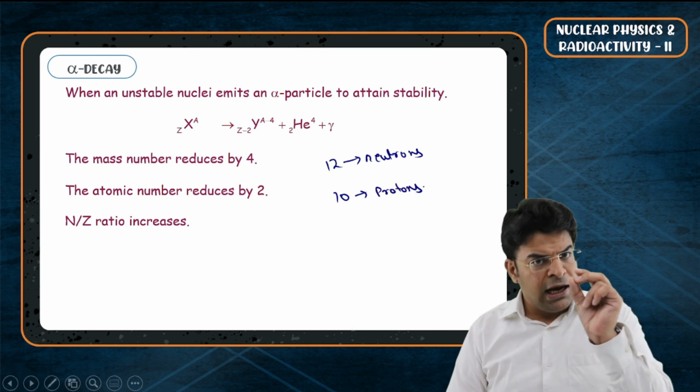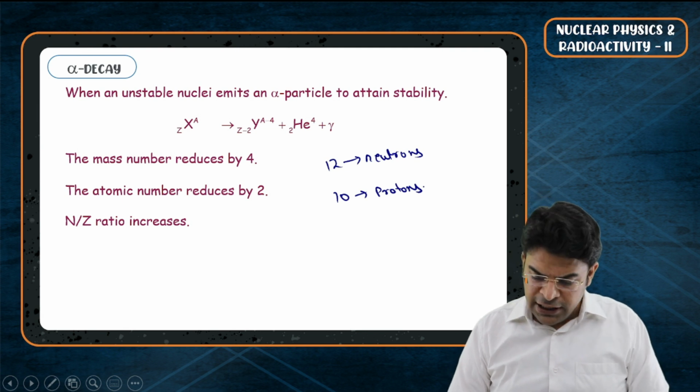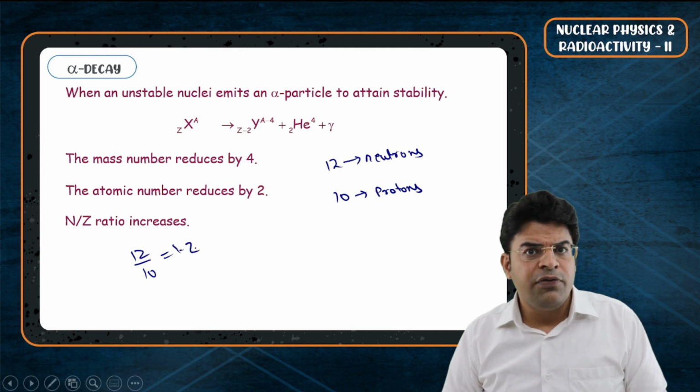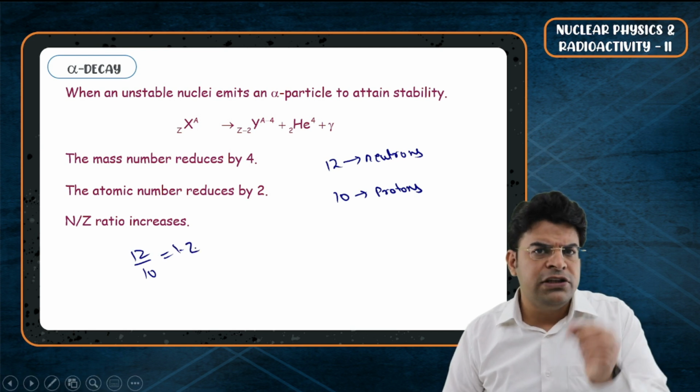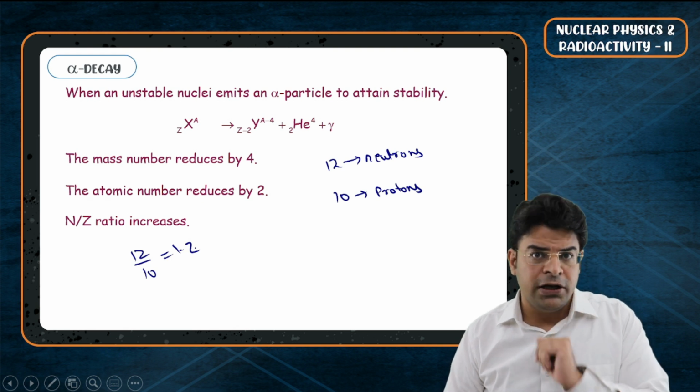12 neutrons and 10 protons. What is the n by z ratio right now? So you will say, sir, the n by z ratio right now is 12 by 10, that is 1.2. If an alpha particle comes out of this particular nucleus, then after the emission of alpha particle, 2 protons will